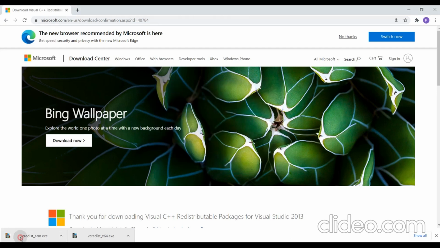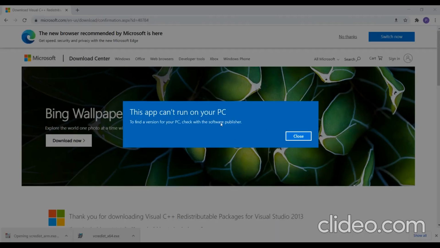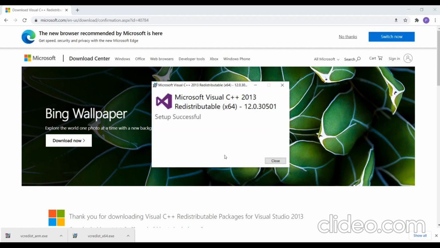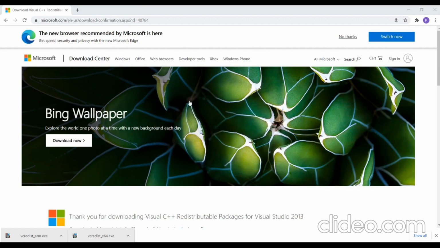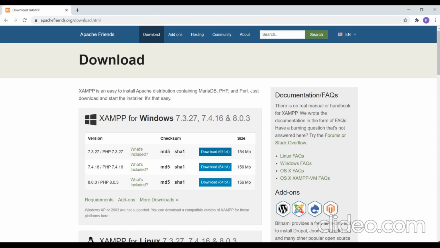So wait till it gets installed. Once it is done, again restart your system. Once you're done with installing WAMP, you can start using it.